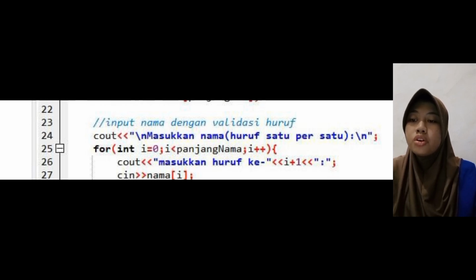And then i < length of name, this is the condition that must be met for the loop to continue running. The loop will continue running as long as the value of i is less than the length of name. And then i++, after each iteration the value of i will be increased by 1. And then i + 1 displays the sequence number of the requested letters in each array. Array index starts from 0. We add 1 to make it more user friendly. The closing curly bracket ends the for loop code block.